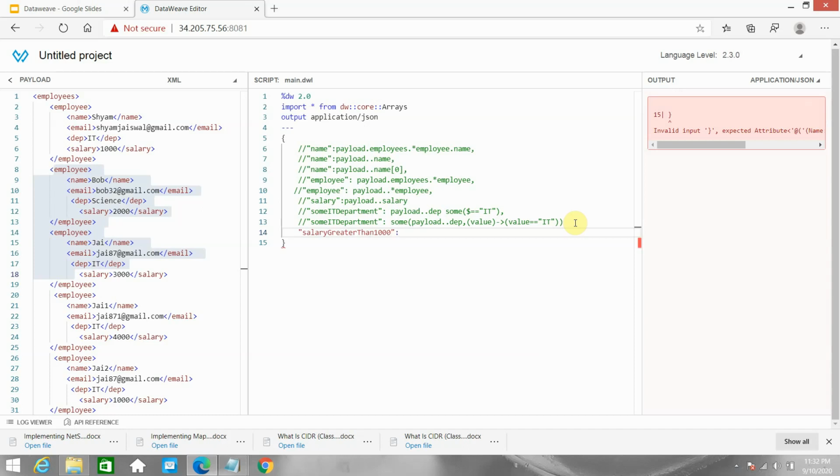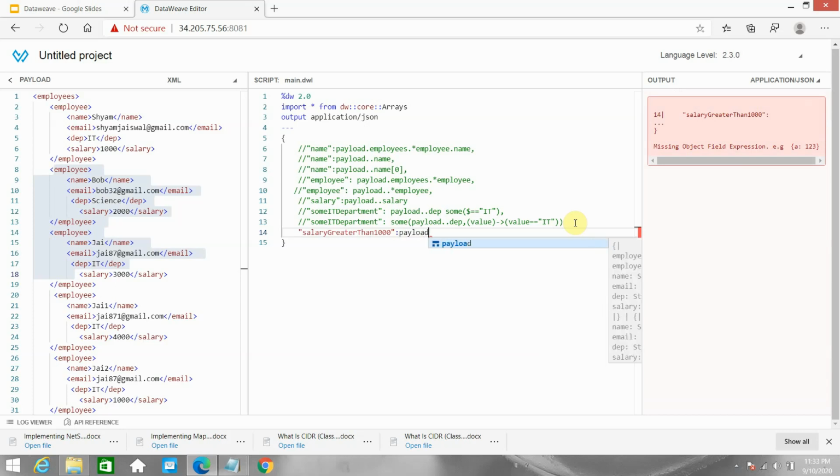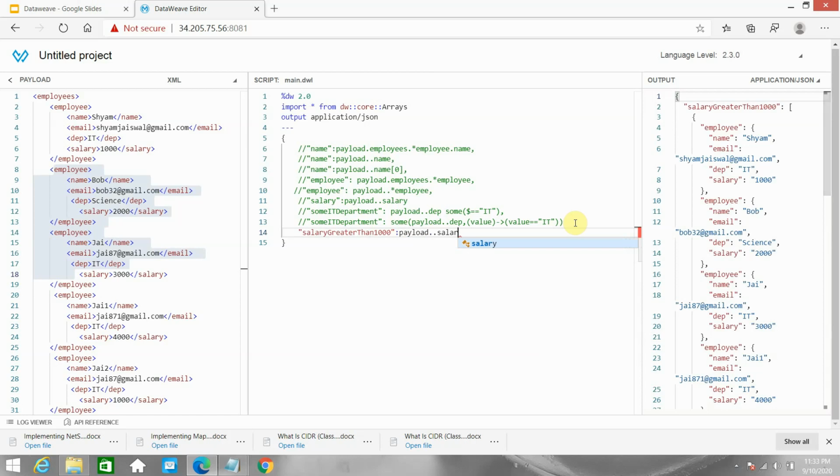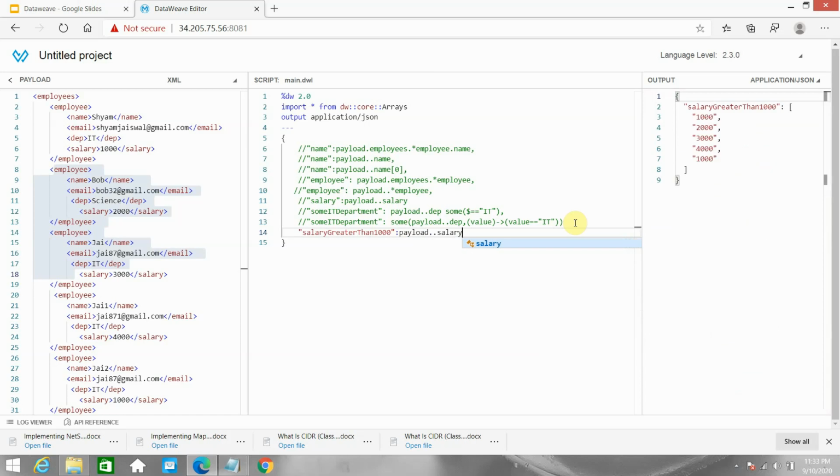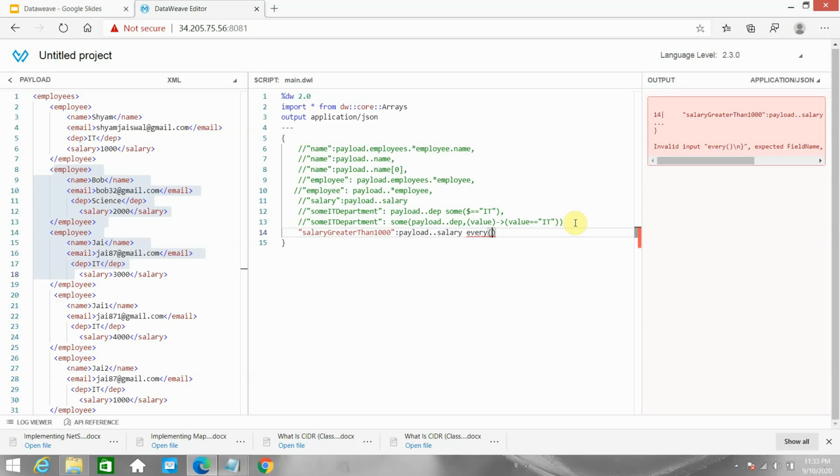I can use the every function on payload dot dot salary, and under that I say dollar is greater than or equal to 1000. Yes, it returns true.